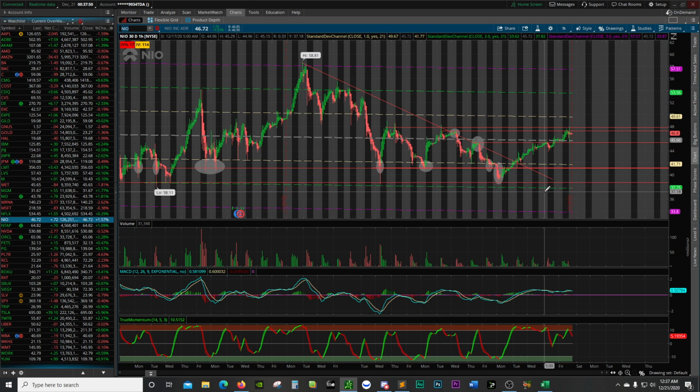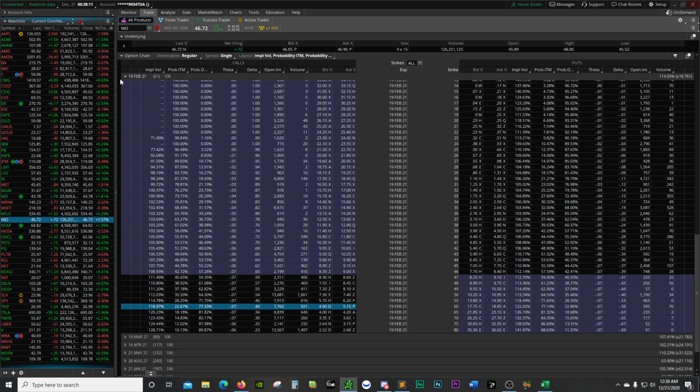Here's the thing with cash puts, man: you have to be patient. You have to find the right moment to get in. You've got to find the right price, and then look for 45-plus days out in expiration. I wouldn't go for 30. The premium's not going to be as good. But you kind of weigh out the differences between the two, right?